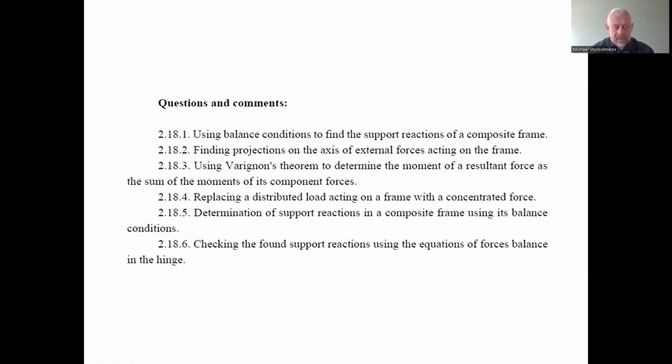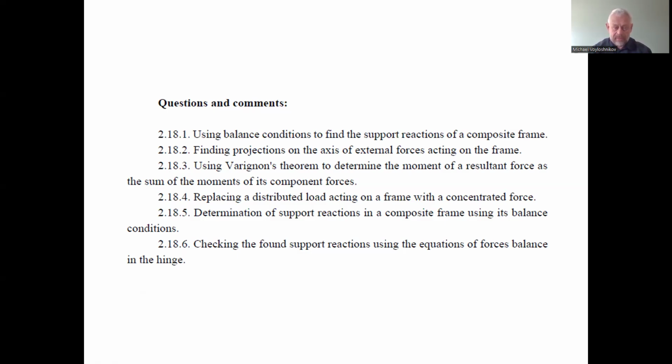Balance conditions: we have the usual three options. The first option is the equality to zero of three equations. First equation: the projections of all forces acting on the integral frame, or on a part of the frame. The projection of forces on the abscissa axis has to be equal to zero. The second